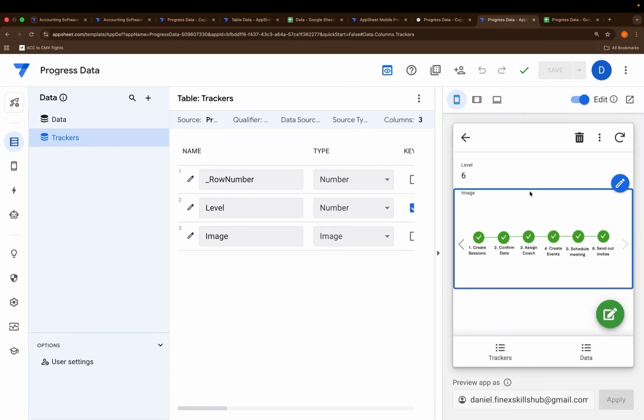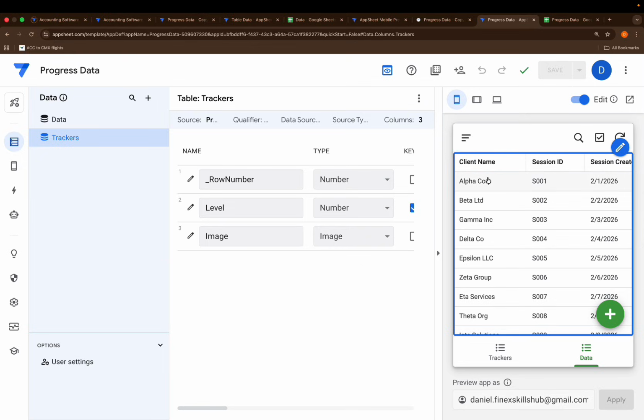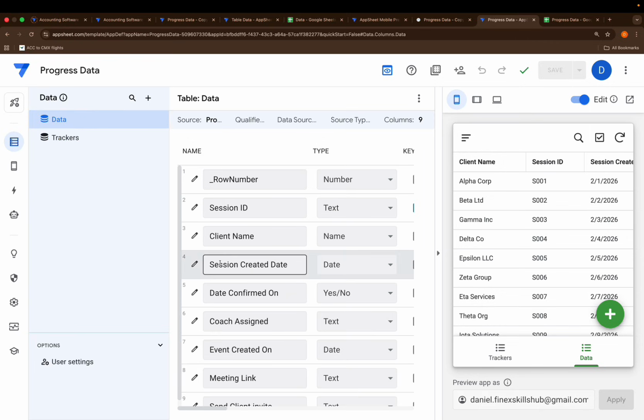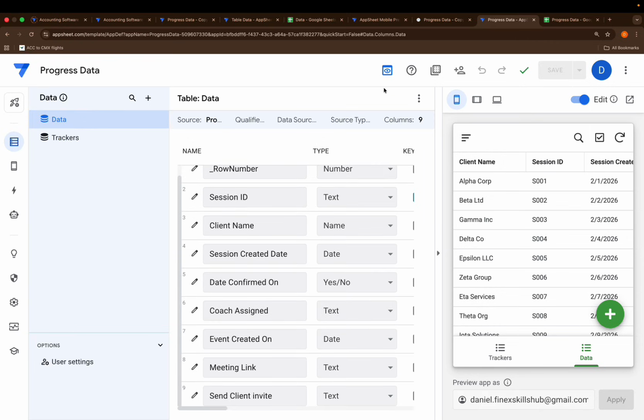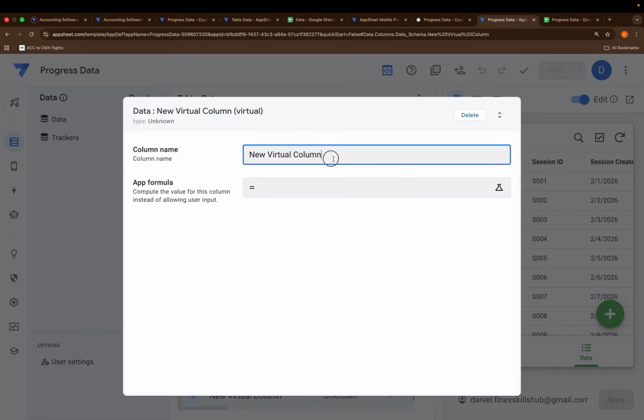Good. Now that you have your trackers in here, all you want to do is create a field in your data or sessions that will determine where each session is within the 6 levels. So we're going to come here to data. Is that okay? Good. And we're going to create a field. Okay, so you're going to create a virtual column. So add virtual column and say